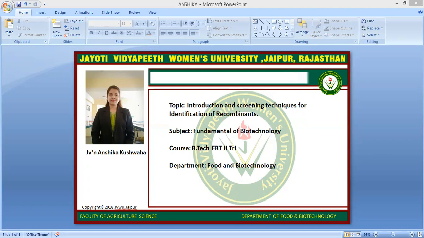Next is the colony hybridization technique. In this technique, colony blot hybridization is applied to DNA or RNA released from blotted microbial colonies. The microbial colonies are transferred or blotted to a membrane. The RNA or DNA is fixed to the filter and hybridized with a labeled probe. A blocking reagent may be added prior to the probe to prevent unspecific binding, and then excess probe is washed away and the membrane is visualized by UV or autoradiography. Colony blot hybridization can be used for screening clones or bacterial isolates.